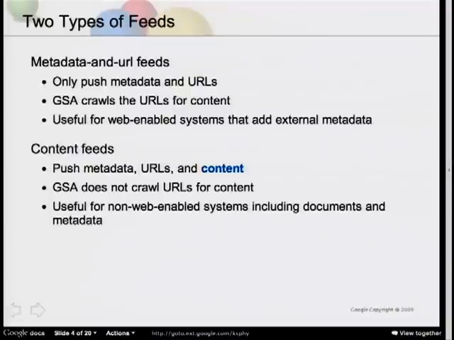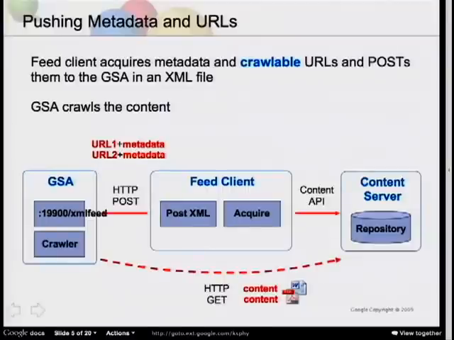The GSA doesn't do any crawling in this case. This is what the metadata and URL feed is going to look like. So, out of the box, here's the GSA listening on port 19,900. The rest of the path is /xmlfeed. If you send an HTTP post there with an XML document, and we'll see what the format looks like in a minute,